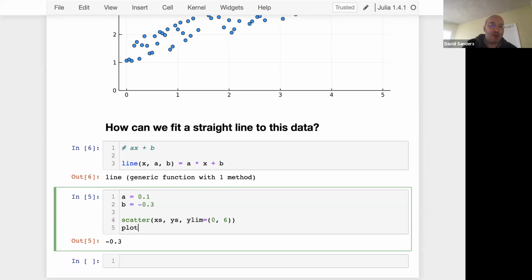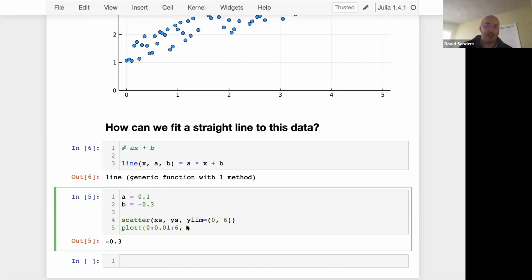And now I'm going to plot on top of that, from 0 to 6 or whatever, this line. How can I plot the line? The line is a function with parameters. Question for the audience. What do I want to put in here? I want a function, but I want that function to be a function of a single variable x. And the answer is, hopefully,